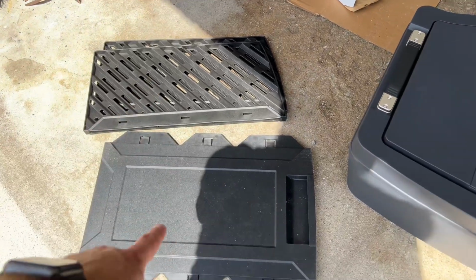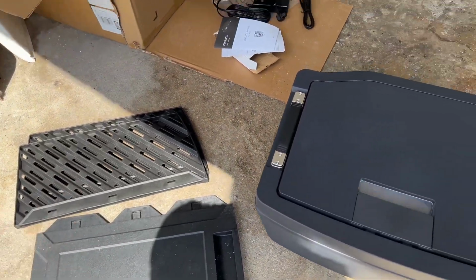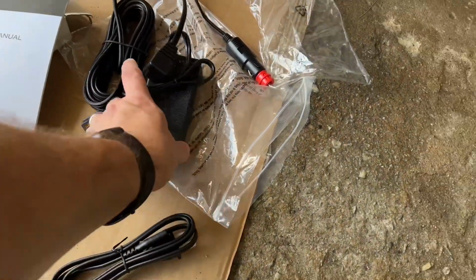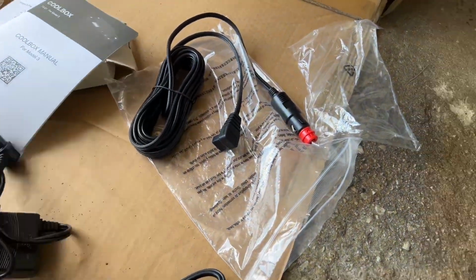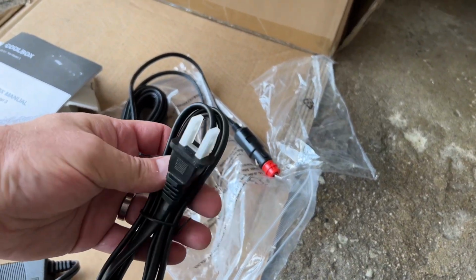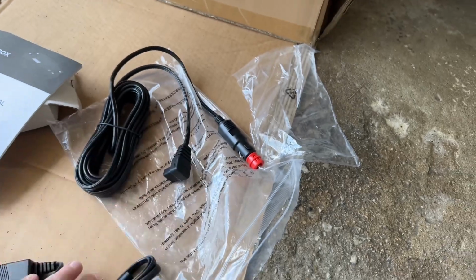This piece here is a partition, and I'll show you where that goes. Here's some of the wiring involved. So it looks like you do get a power brick here and two options. You can either plug it into a wall when you're not using it and just keep it in your garage to keep things cool. Or